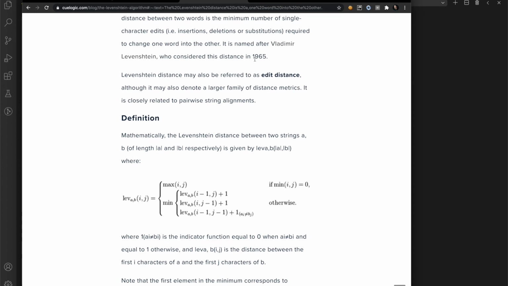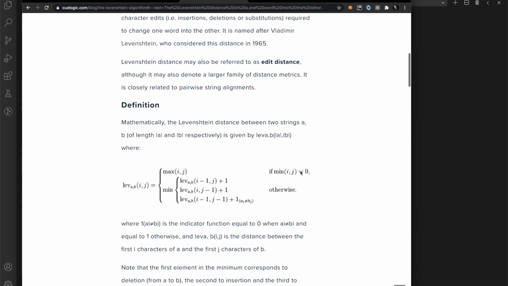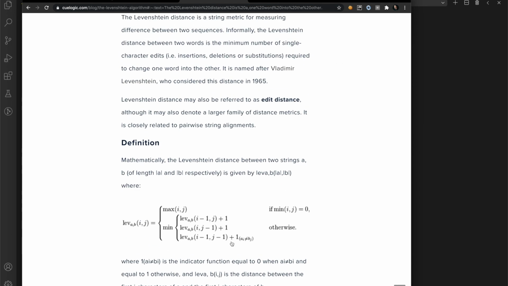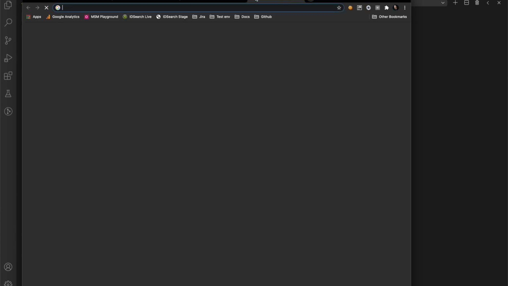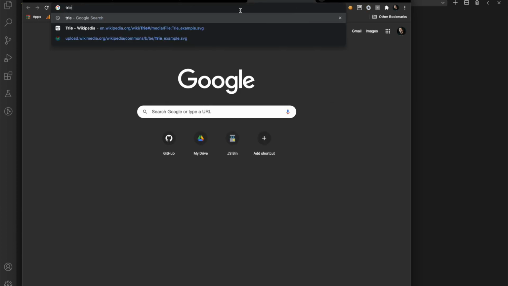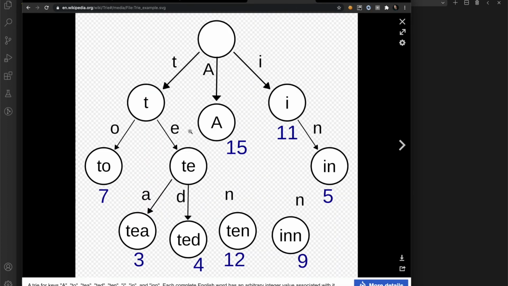The trie data structure is one of the things my colleagues suggested when I discussed this problem with them, but I'm not sure if a trie can work, because a trie is a tree. If you look at the trie data structure, it goes from one node to its child nodes, and so on.